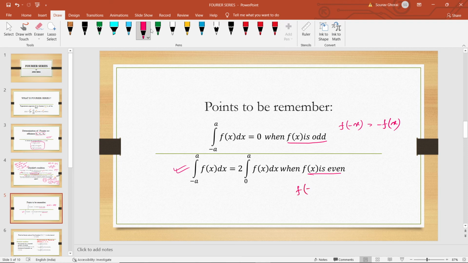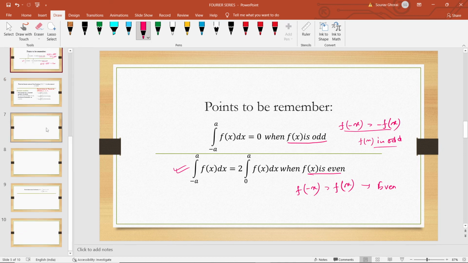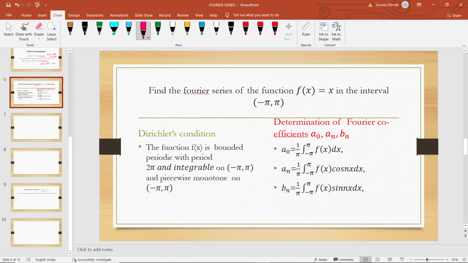That means, this is the condition when we can say the function f of x is even, and this is the condition when the function f of x is odd. So now here I'm just going to show you how you can find the Fourier series. Okay, see here that we consider this question: